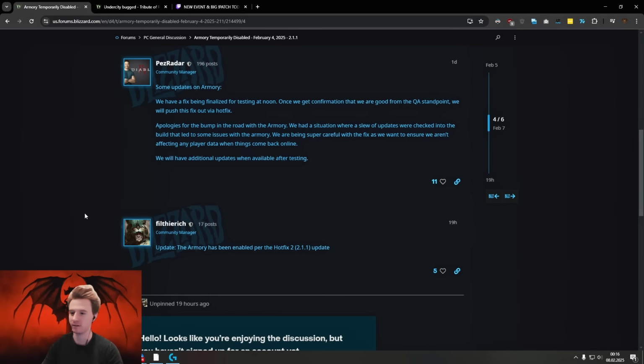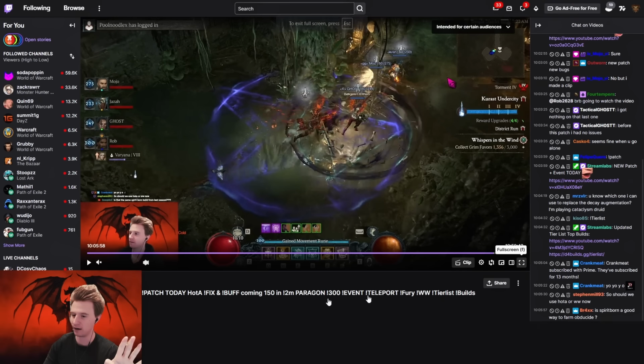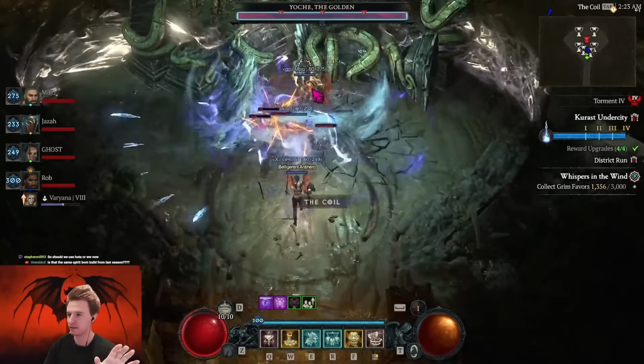But what happens? Since the patch, there is a bug where the tribute of refinement, in many cases, if you're playing with friends together, and playing with friends is very beneficial because if you only have 1 tribute of refinement, you can do 4 runs if all your friends bring 1. However, there's a bug right now. I opened the tribute of refinement here, playing this with friends, and a lot of times the final boss does